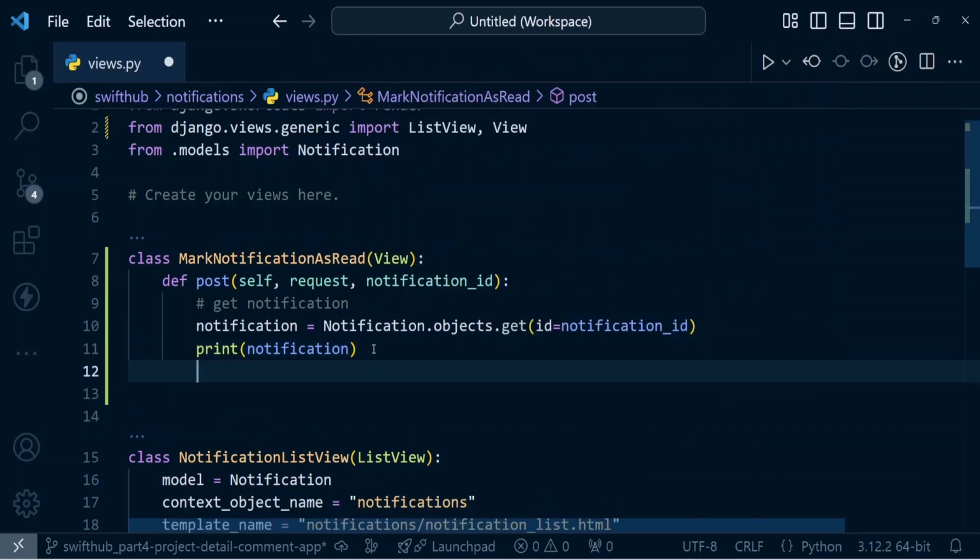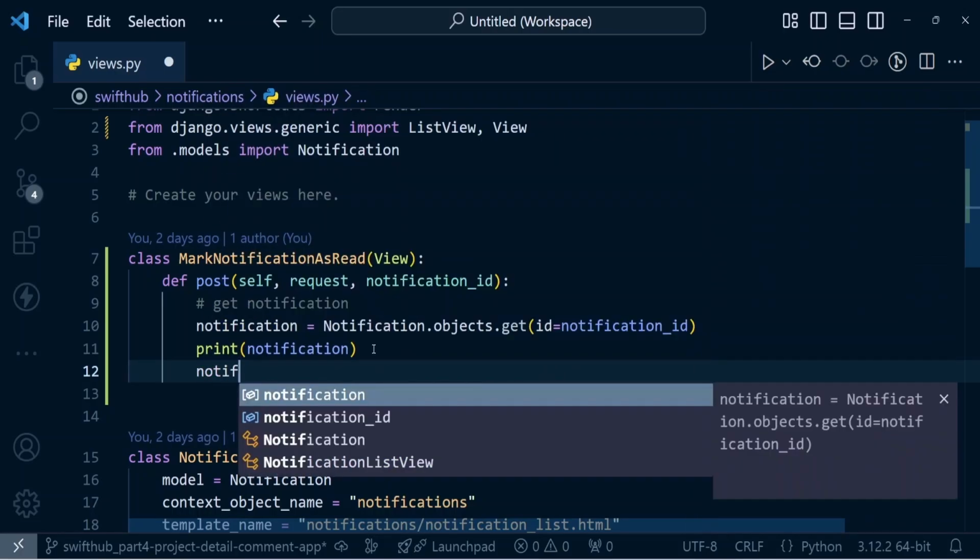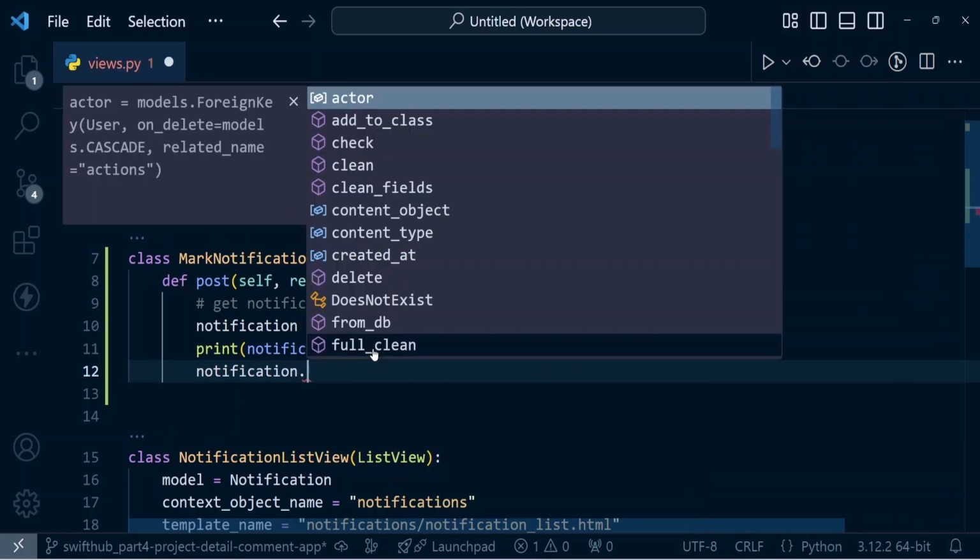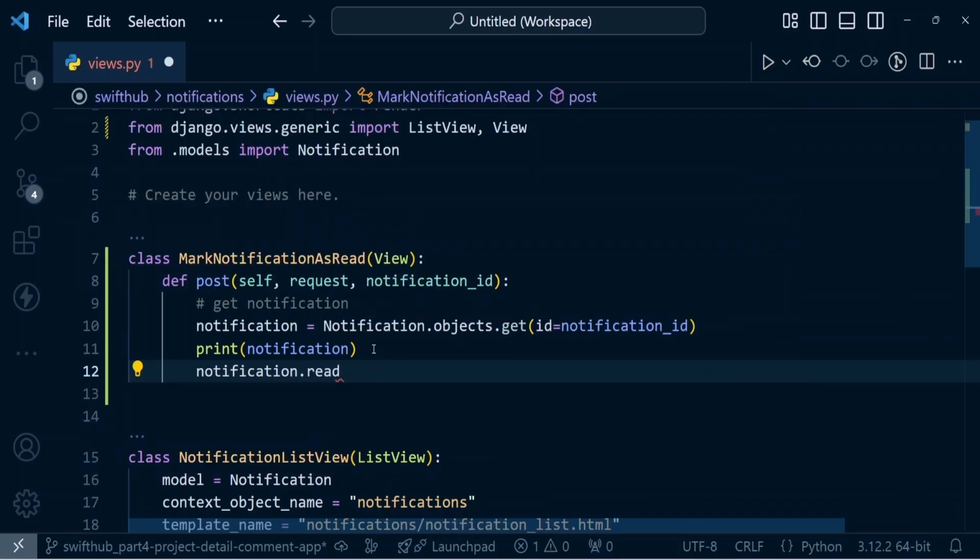All right. So right after this, now that we have the notification object, we need to mark it as read. So you say notification dot, and we have a property called read. You get it right here, and that should be equal to